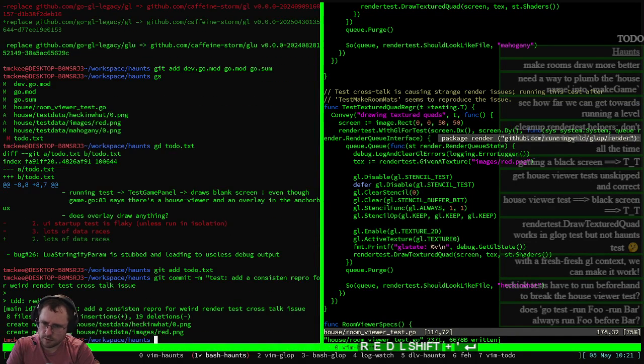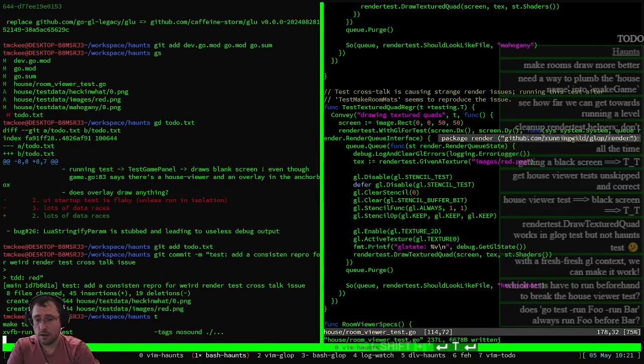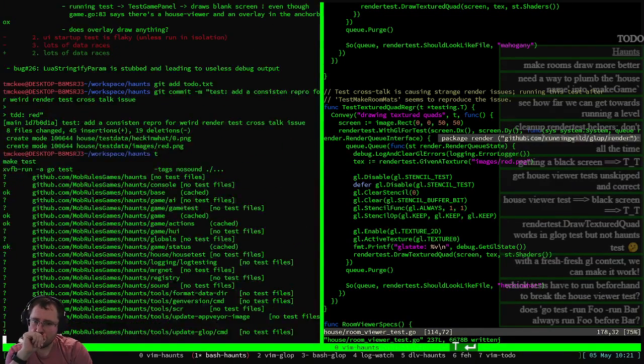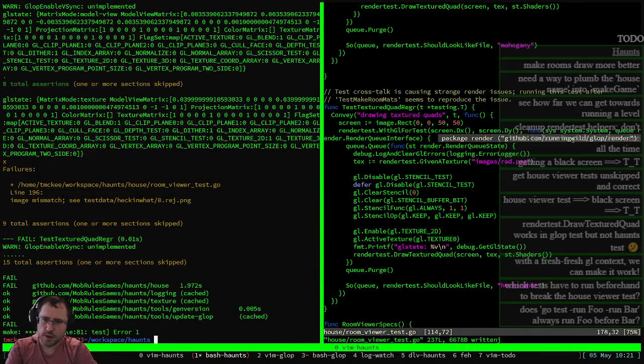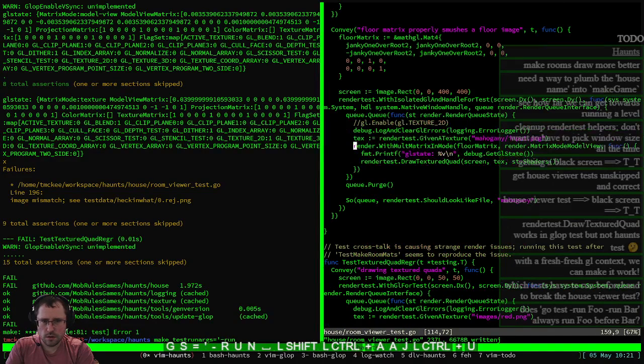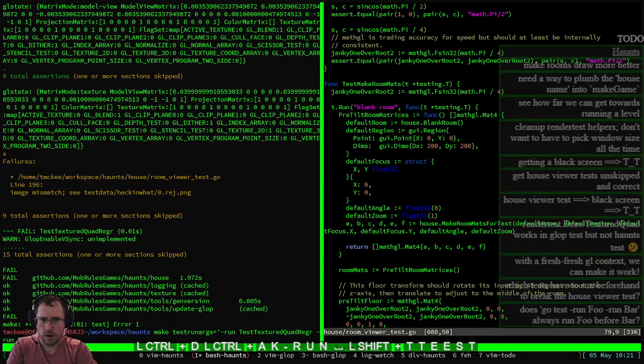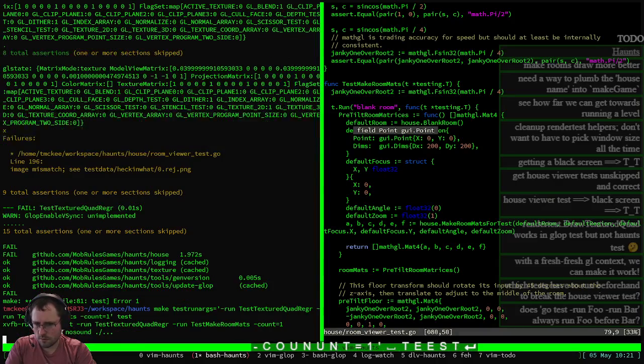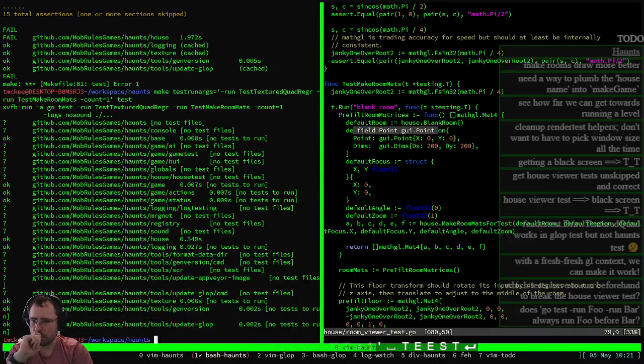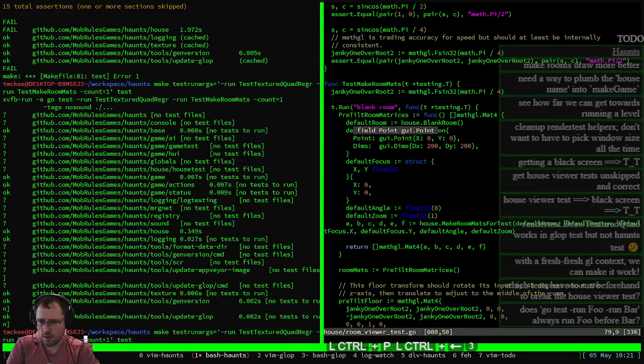I guess it's a red step, right? We're adding a test that's failing. But yeah, it's very strange. One thing I wanted to do is verify that, one, we can control the order of test runs with dash run. I assume we can, but I want to test that assumption. So let's just run those two. So that passes, and then